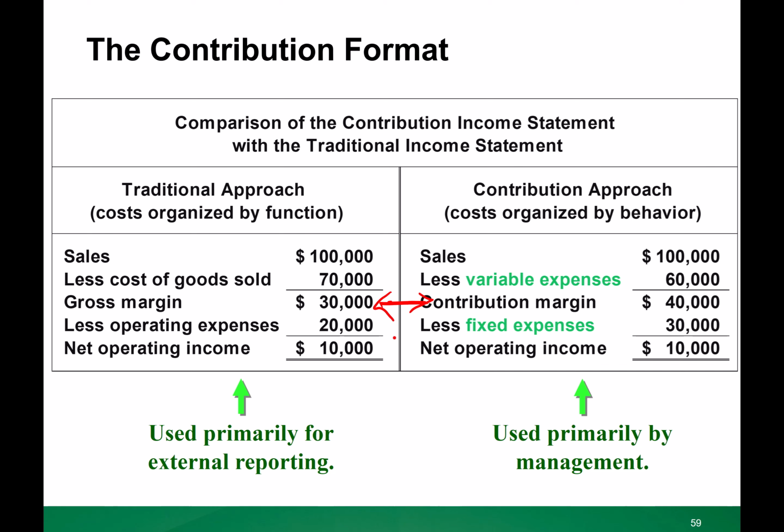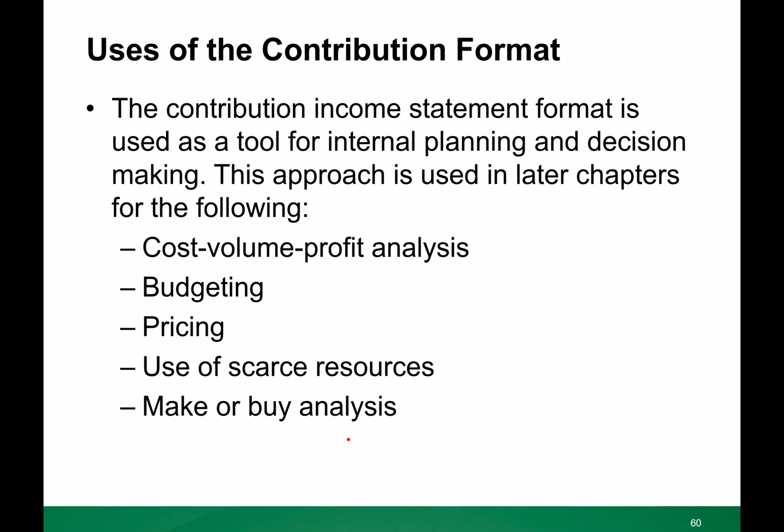One will be gross margin, which I think you're more used to as gross profit, so profit is fine. Sometimes we intermix them here. We'll call it a gross profit percentage, or gross margin percentage, to get to operating income. It can be really useful to come up with this cost volume profit analysis, being able to say, hey, how many units do we need to sell to break even? How many units do we have to sell to make this amount of dollars? It's also really good for budgeting,